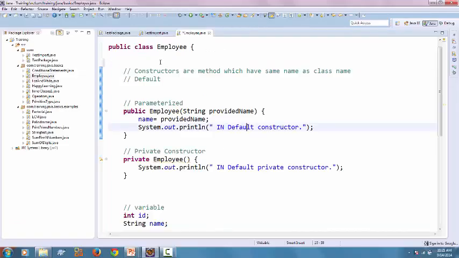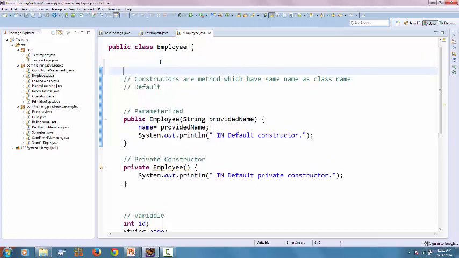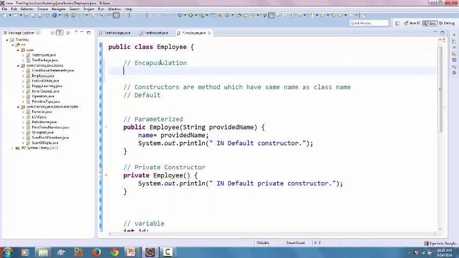So let's first talk about encapsulation. So encapsulation is basically binding